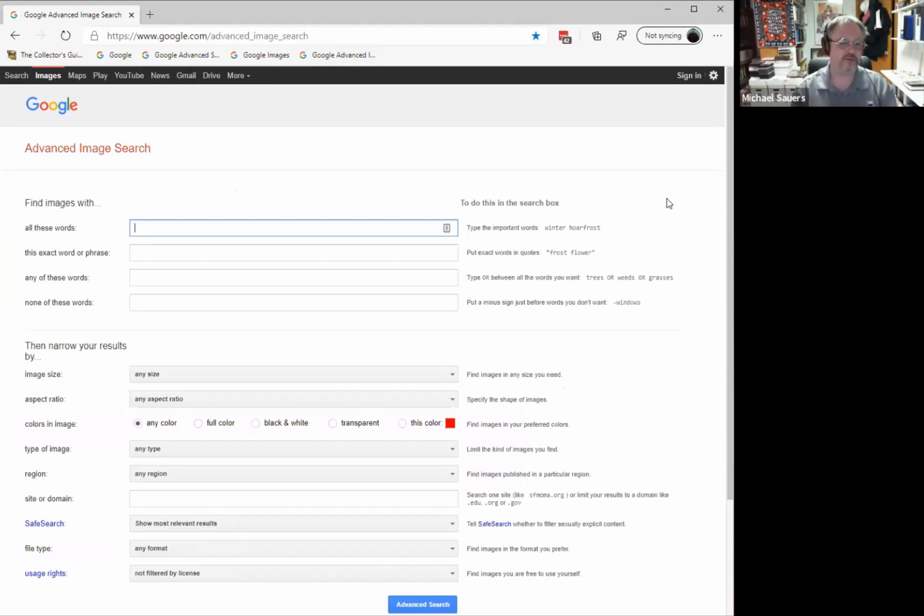So if you're the person who's planning ahead, you really like to narrow it down, you do also get some additional features here that are not part of those tools, such as region and then the site or domain and the safe search. Especially if you're doing image searching, you probably want to leave that safe search on because there's content on the web that we probably don't want to be showing other folks. Okay.